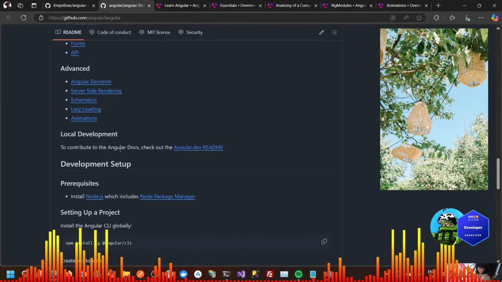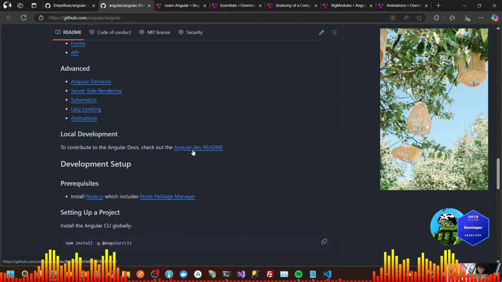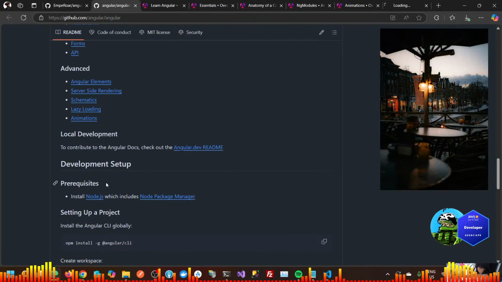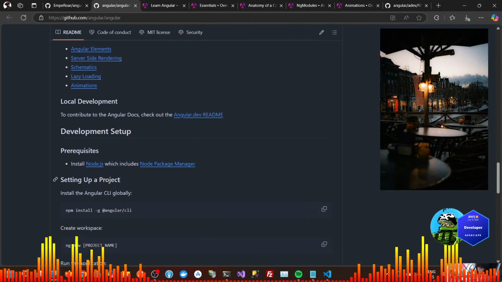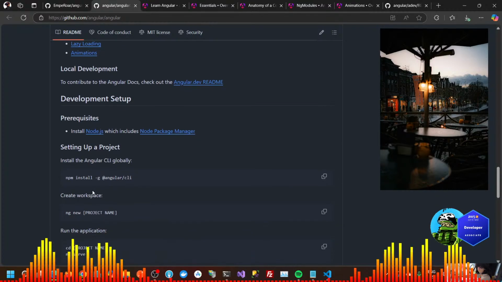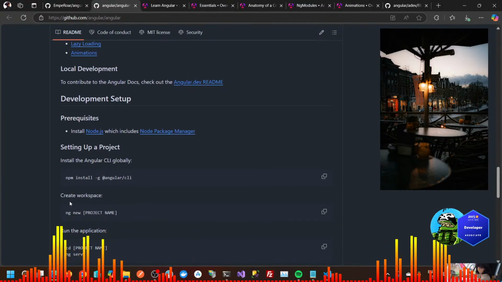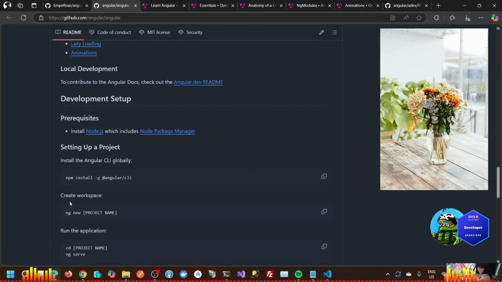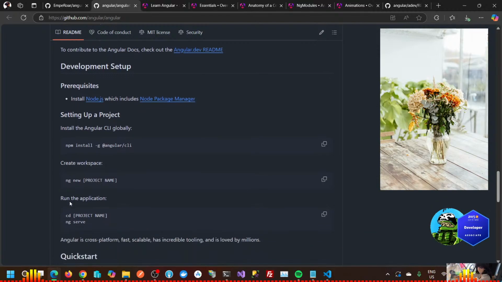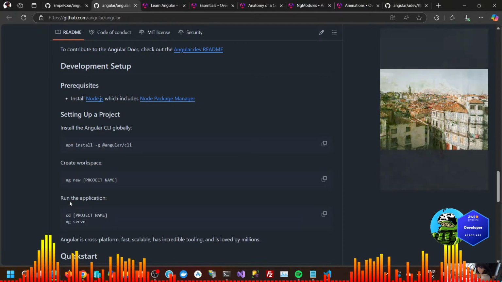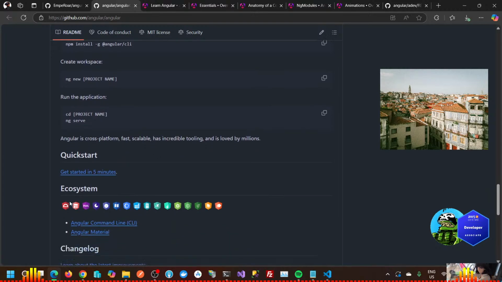To contribute to the Angular docs, check out this one, development setup, install Node.js, install Angular, create new workspace. This is to create a project.